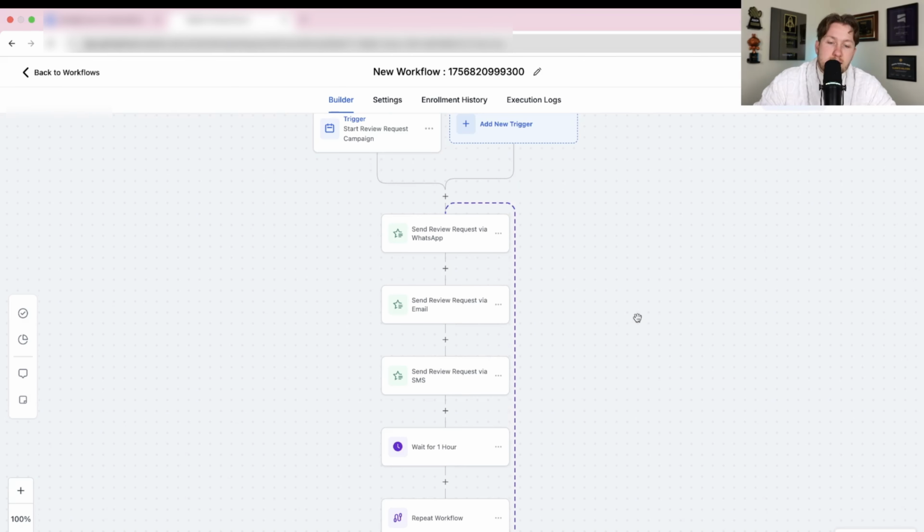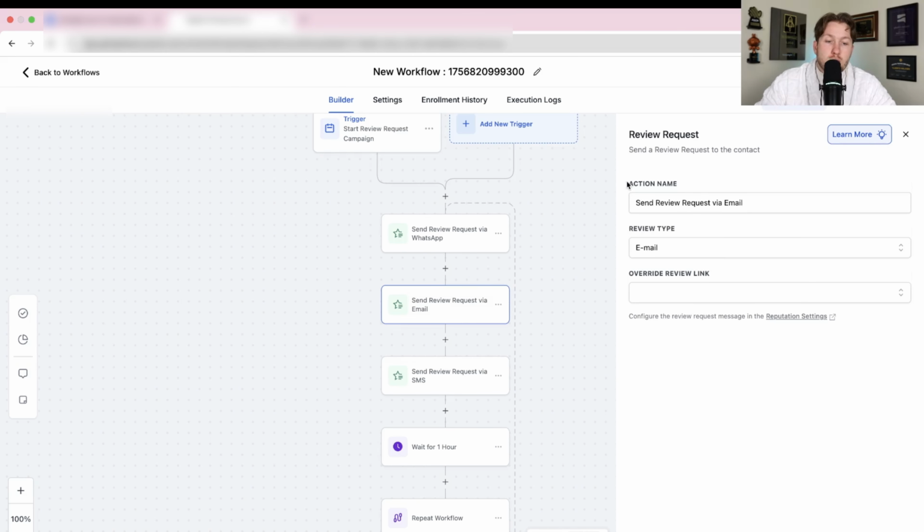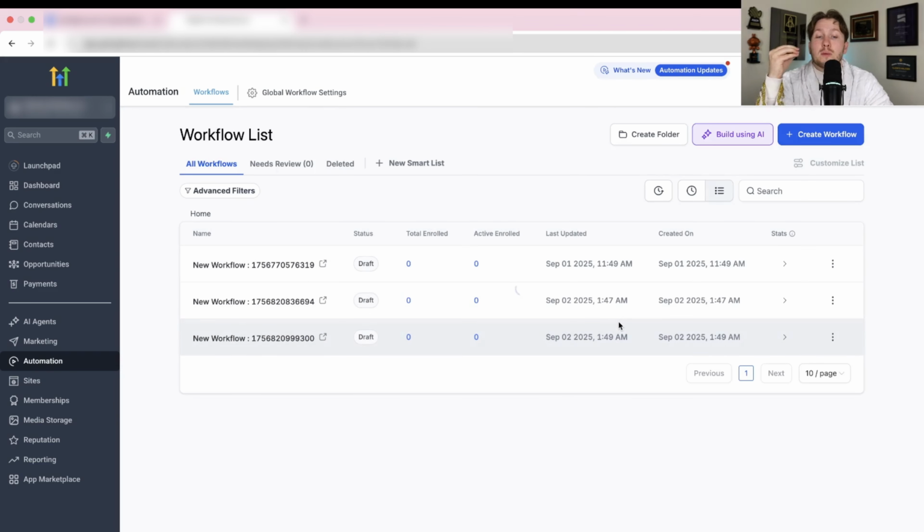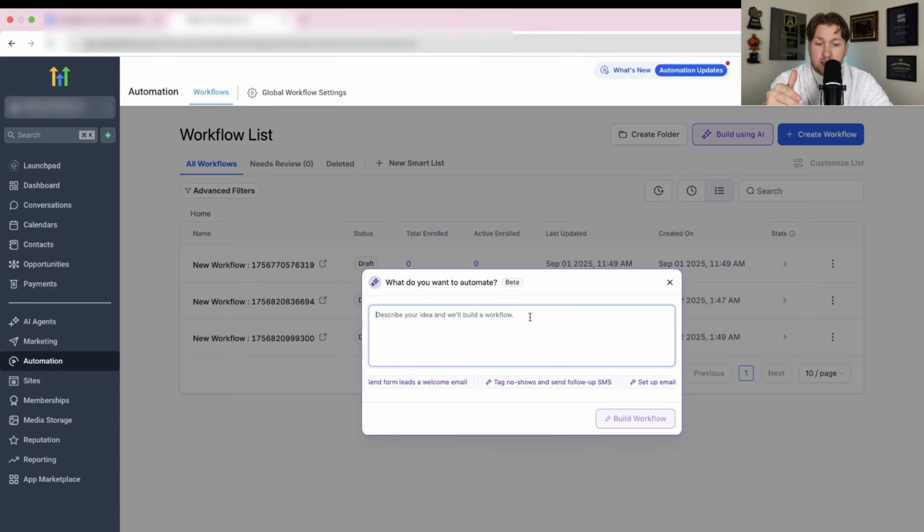I mean, that's insane. Now, obviously, you have to make sure you have the right templates, but it built out the entire wireframe. And very soon, this is what I'm predicting, you'll be able to put in a really big prompt and say, I want this email snippet, this email template, this text message snippet, and it will craft it for you. I mean, guys, this is one of the best new features I've seen HighLevel release in a long time